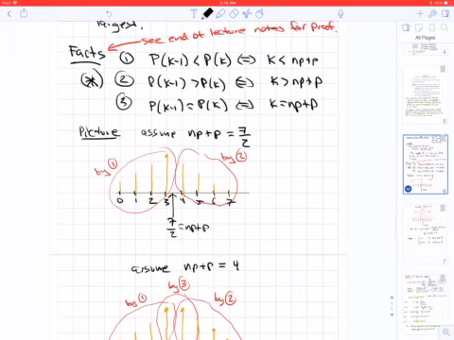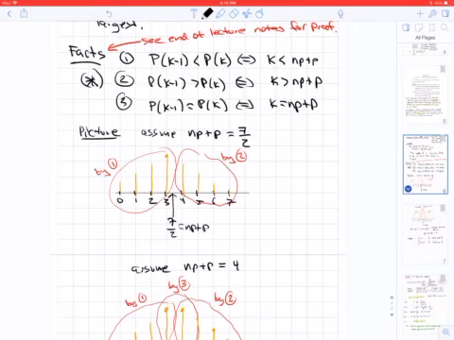And what I want to make sure is that you understand how these facts apply. So what the first fact says is that the probabilities increase exactly when k is less than np plus p. So again, n is the number of draws, p is the probability of a success, and k is the number of successes